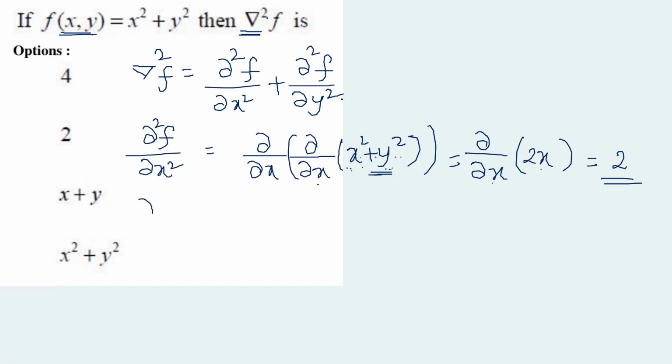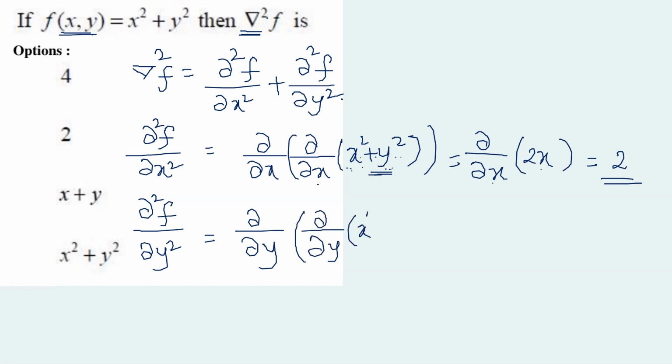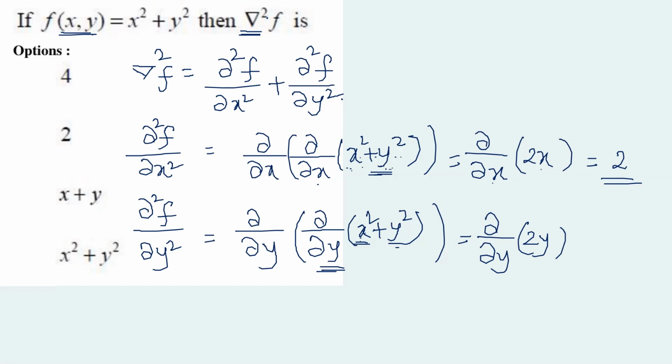Similarly, dou square f by dou y square, we will have dou by dou y, then dou by dou y of x square plus y square. Now we are differentiating with respect to y, so we have to treat y as variable and x as the constant. So derivative of x square is 0 now, as x is constant, and derivative of y square is dou by dou y of 2y, because derivative of y square is 2y, and again differentiating the 2y with respect to